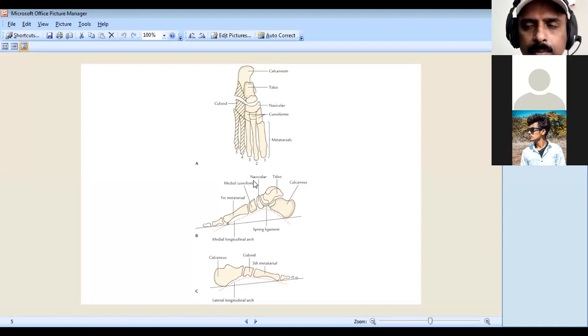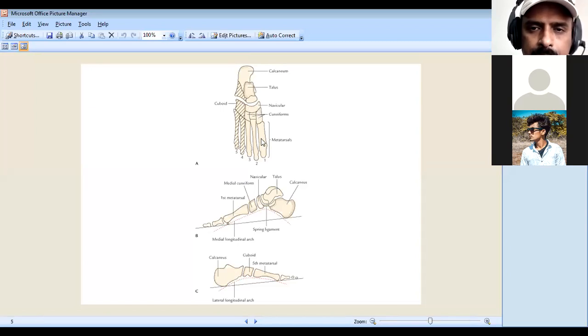One thing I have told about is the medial longitudinal arch. A short note on the medial longitudinal arch is commonly asked. In the medial longitudinal arch, you have to remember the pillars: it has an anterior pillar and a posterior pillar. The anterior pillar is formed by the first, second, third metatarsal bones, the three cuneiforms, and the talus. In the lower part, the medial half of the calcaneum forms the posterior pillar of the medial longitudinal arch.